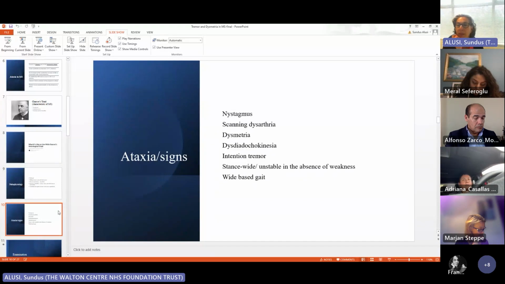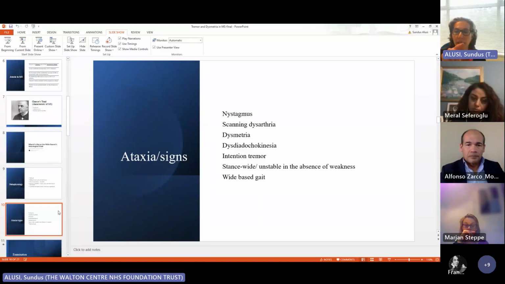So you're going to examine and look at the signs. You start really with the speech, which you can hear when the patient talks to you in clinic. Then you have the so-called scanning or staccato dysarthria. When you look in the eyes, you're going to find gaze-evoked nystagmus. And as you examine the limbs, which I'll go into in a lot more detail, you will get dysmetria, which